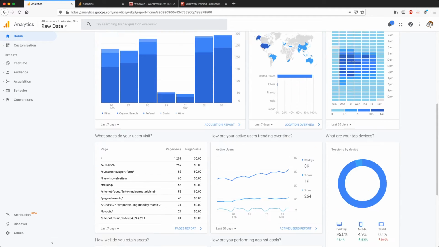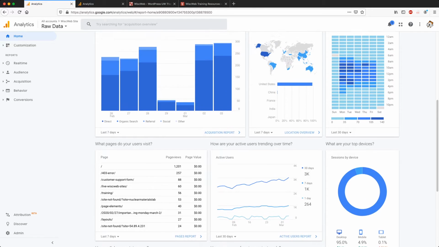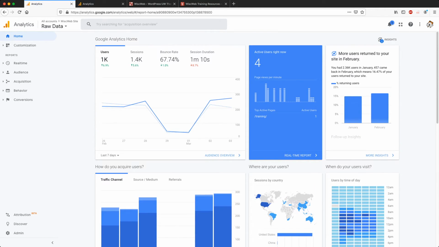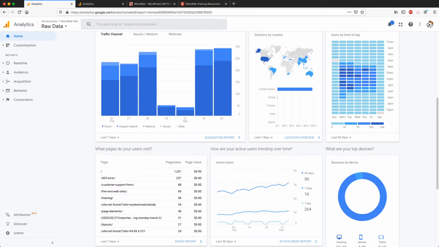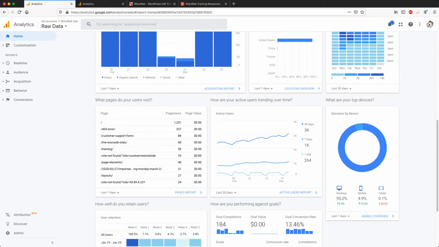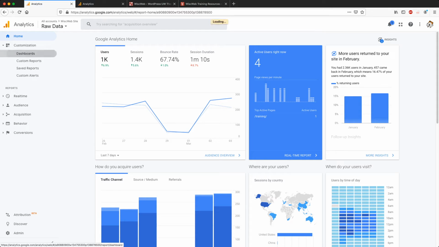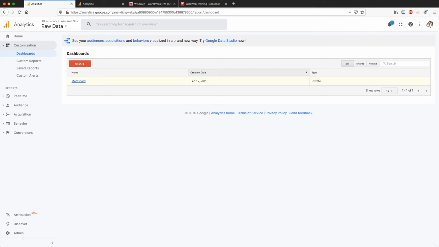And there's a lot of information out here in regards to types of traffic, where that traffic is coming from. And there's some things out here that might not be relevant to you or might not be enough for what you are looking for. So one of the things that you can do is create your own dashboard. If you go under customization and you go under dashboards, I've been tinkering around with this already, trying to learn some of this stuff myself. But if you click create,